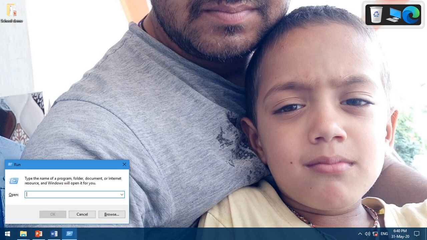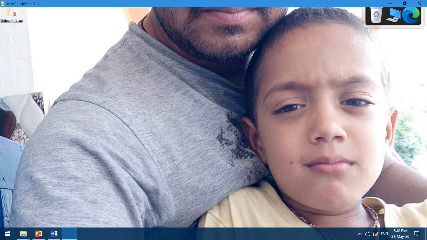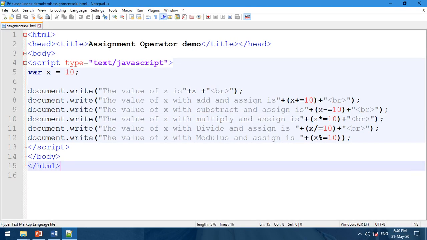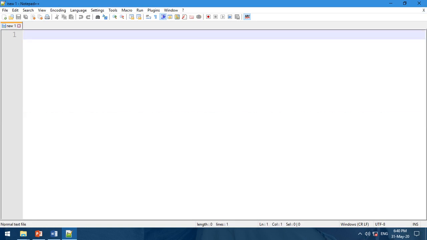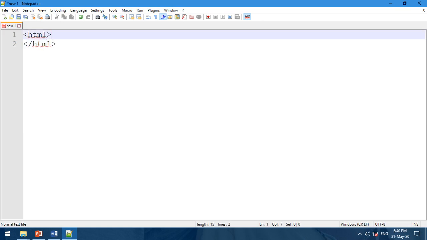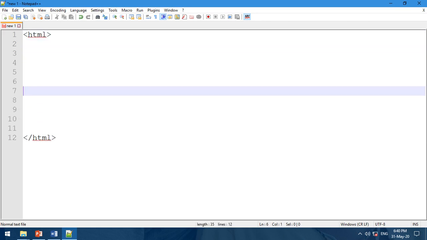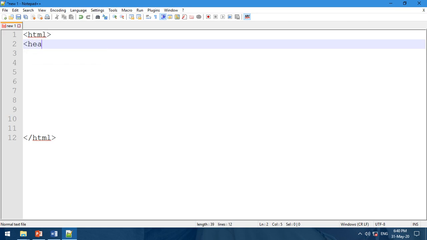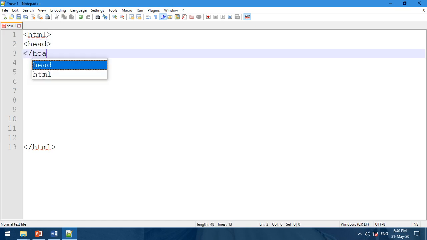So open Notepad++. Inside the Notepad++, let's start with HTML. Close the HTML tag, head, close the head tag.